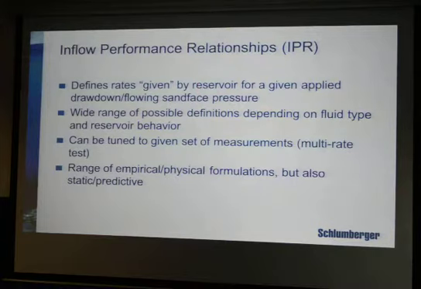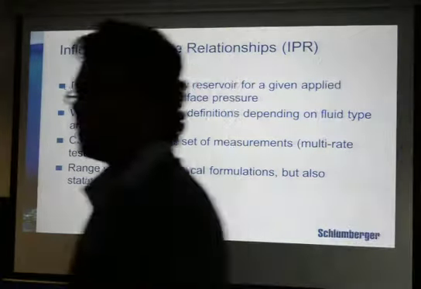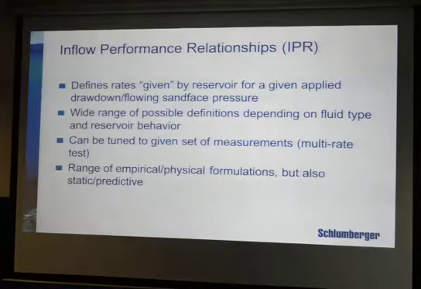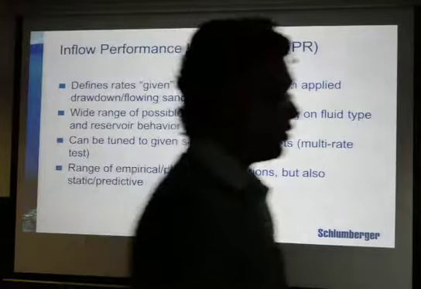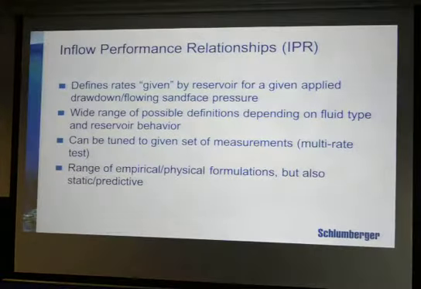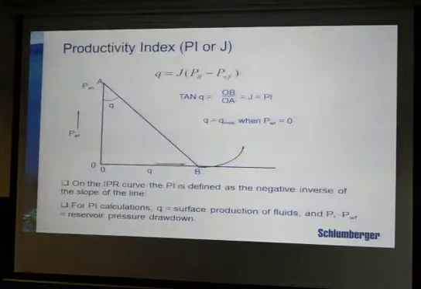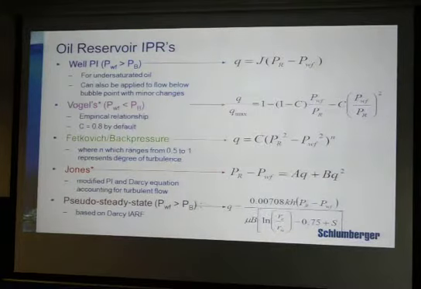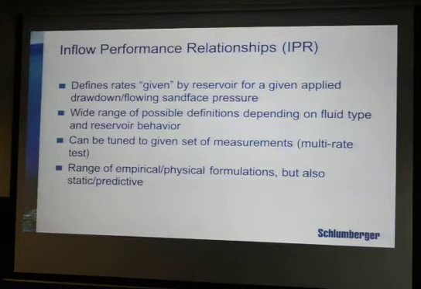So basically what you get in IPR, in a nutshell, is a curve of P versus Q. Now this will depend upon what reservoir geometry you have, what reservoir behavior it is, and what fluid type you have. It will also depend upon what correlations you are using to get to that equation, and it also depends upon the data set that you are going to have.